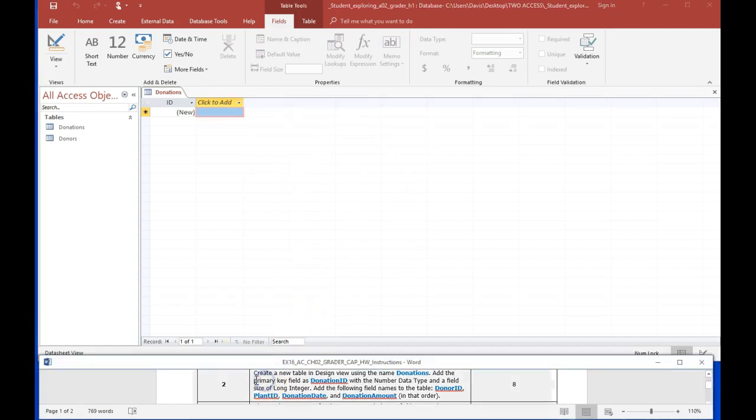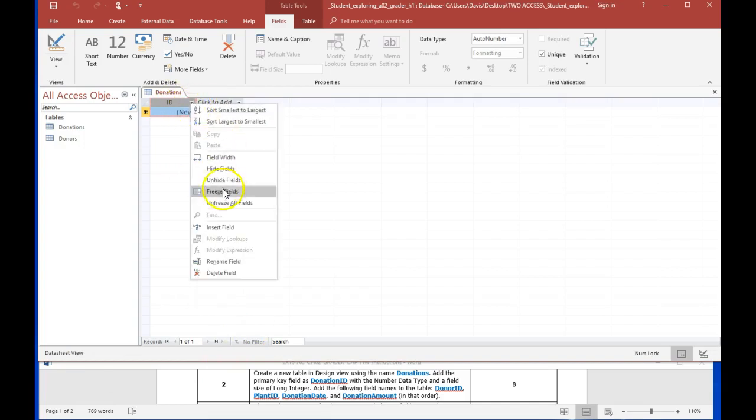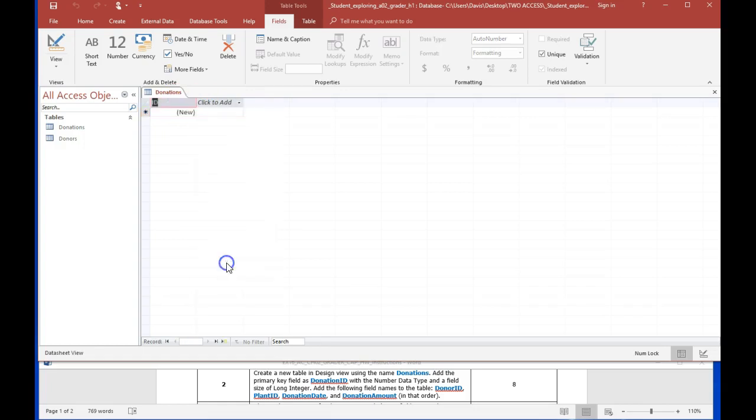We're asked to add a primary key field called Donation ID. So we're going to click on the ID field. Then I right-click on that ID field and come down to Rename Field. Notice our Donation ID is all one word with no spaces and 3 capitals. We do want to stick to that. And normally you do not put spaces in field names. All right. So next,